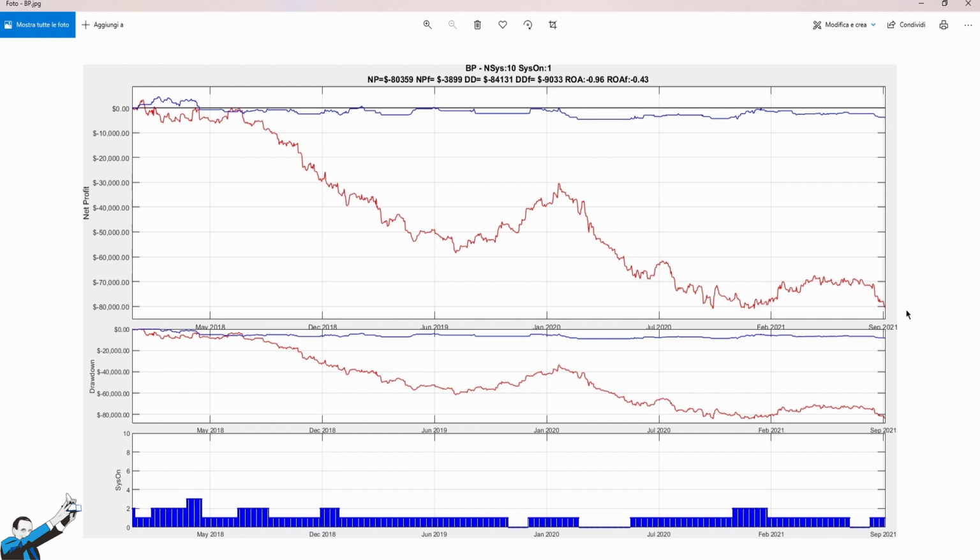As you can see, since these strategies are obviously correlated, they all went into drawdown together. Without filtering them, over the last 3 years, we would have lost a lot of money, around $80,000. However, on the other hand, by using Titan's filters, the overall loss in these same 3 years is only about $3,900, which obviously makes an enormous difference.